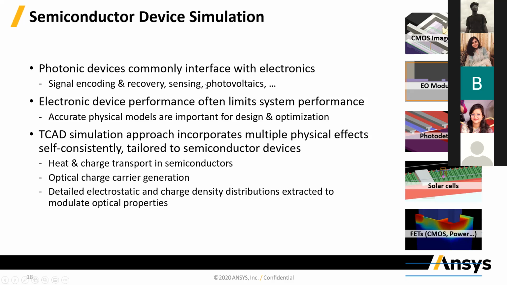When you're doing sensing or photovoltaics, which is the focus for our workshop, in all of these cases, you have to consider not only the optical effects, but also the electrical effects. The electrical considerations for these devices often can have limiting effects on the performance. In your solar cell, you need to make sure that once the electron hole pairs are generated, they are not recombining a lot, and your current is not getting lost because of that. So accurate electrical simulation is very important when modeling or designing these type of tools.